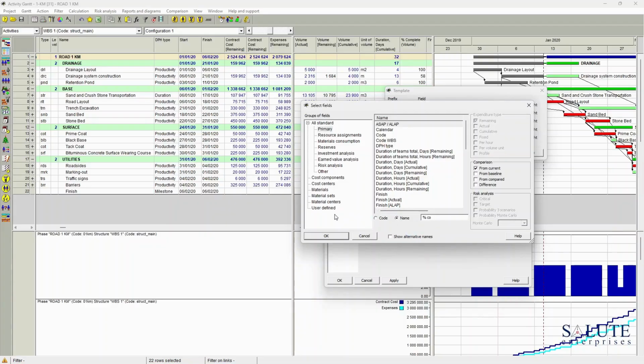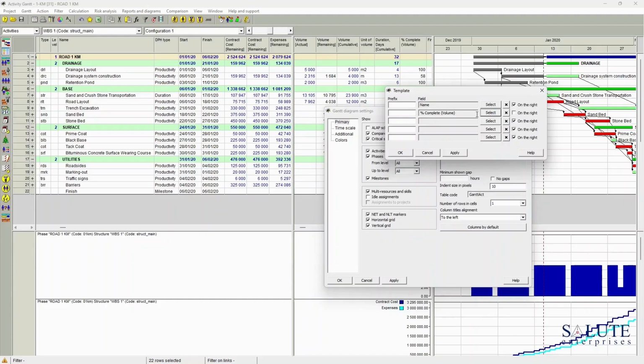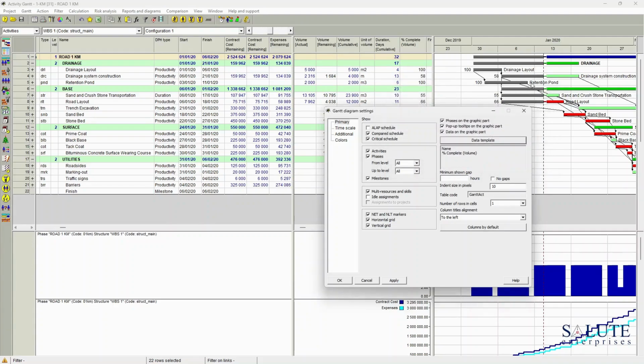So let's run a search, percentage complete, and I want that to be appearing on the left-hand side. So let's make sure there's no tick in the box for the on the right option,